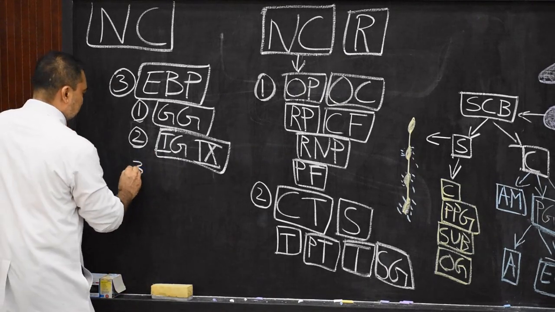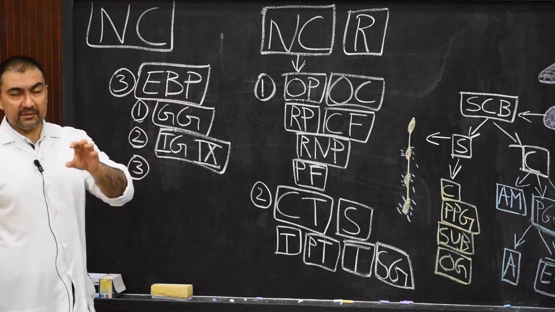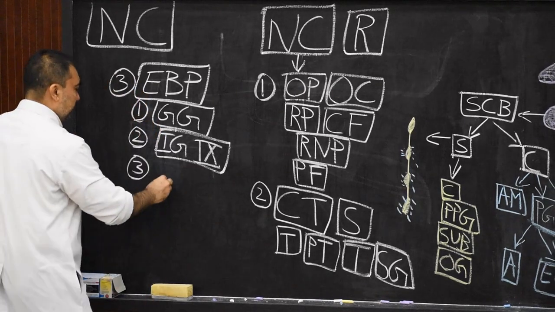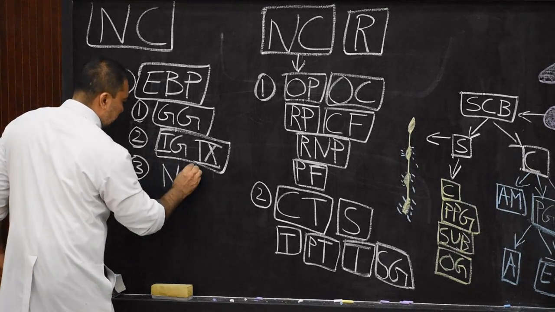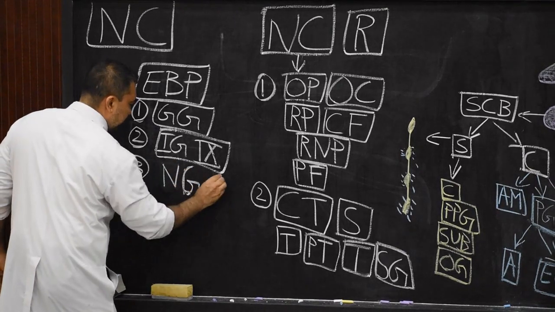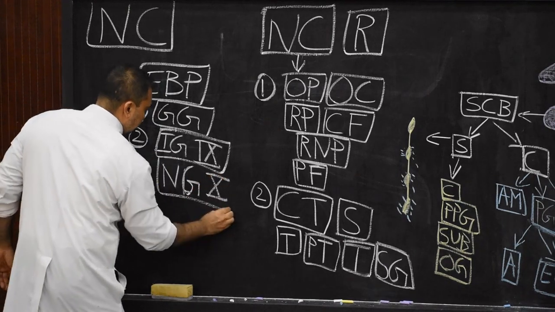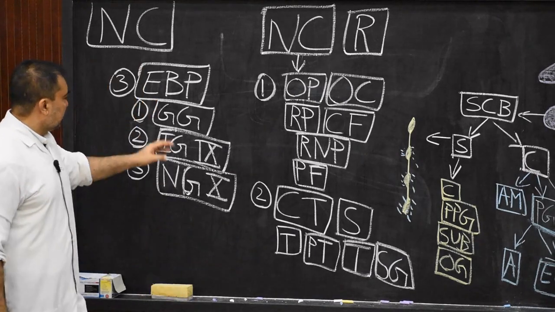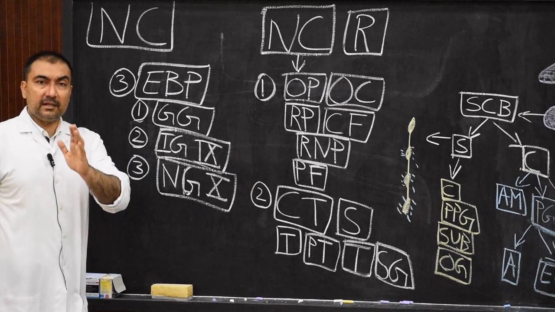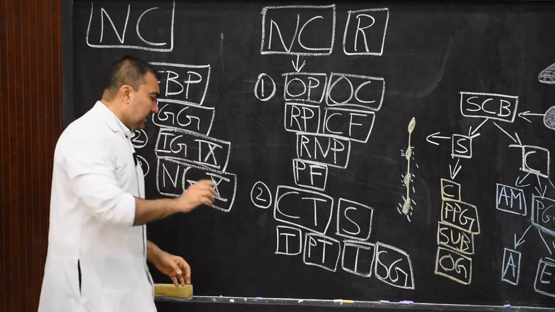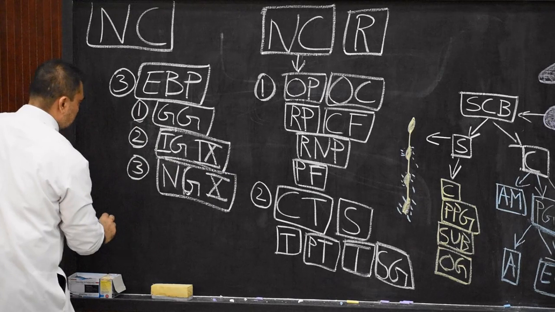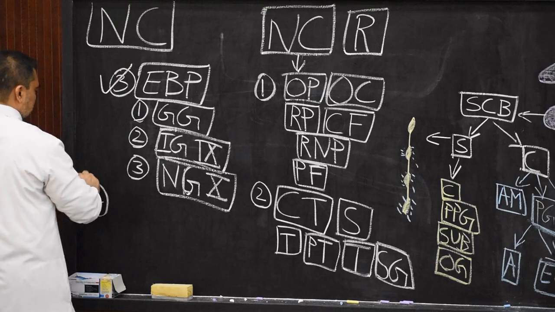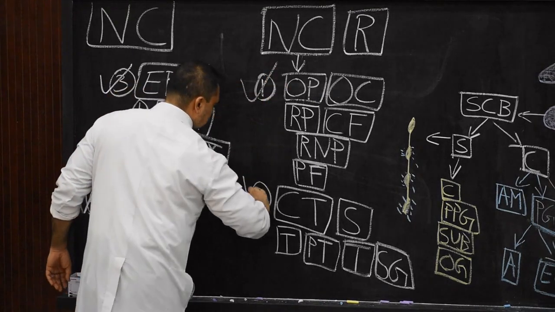And third, the epibranchial placoids that develop from the third branchial cleft will develop into the nodose ganglion, the nodose ganglion which is present in the vagus nerve. The nodose ganglion of the vagus nerve will develop from the epibranchial placoid of the third branchial cleft. Now we come across the fourth derivative. Let us write down here the fourth derivative. So this was third, this is fourth, this was first, and this was second.